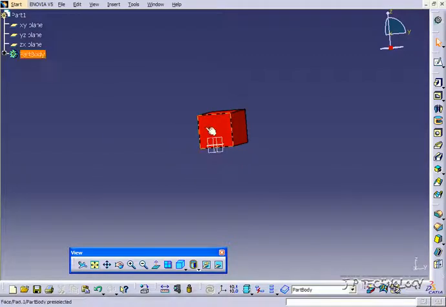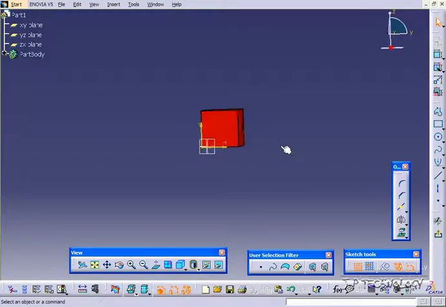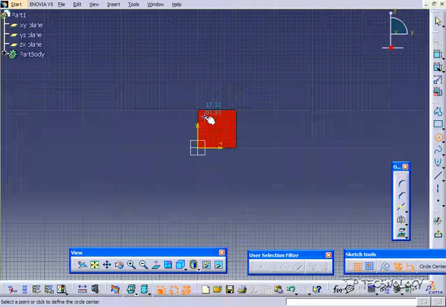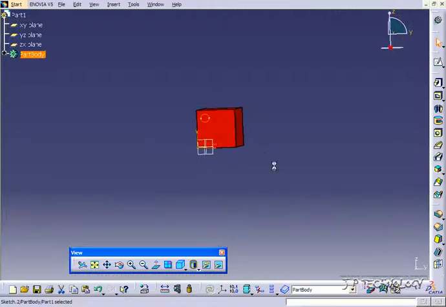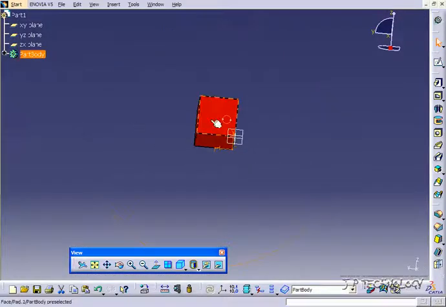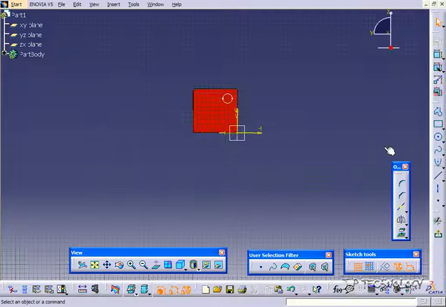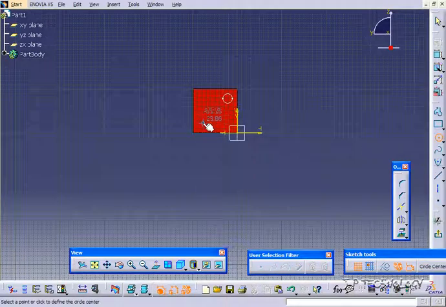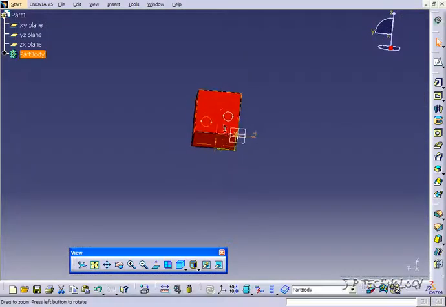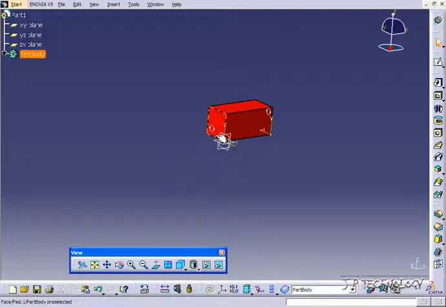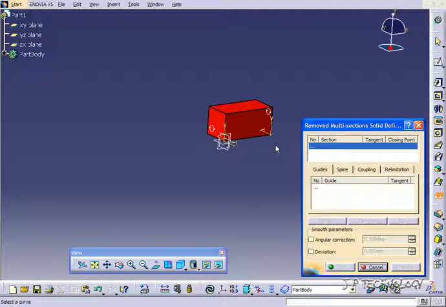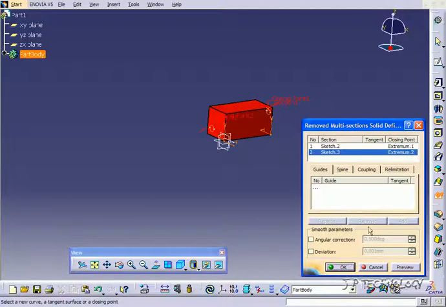So to start off, let's click this face here. Click Sketch, and let's draw a circle in the top left corner here. And let's go out, and let's go on the other side here. Click Sketch, and let's draw a circle on the bottom left corner here. And let's go back up. And what we're going to do is connect these guys, and they're going to cut out from this solid. So we'll click the removed multi-section, click one profile, click the other, click preview,